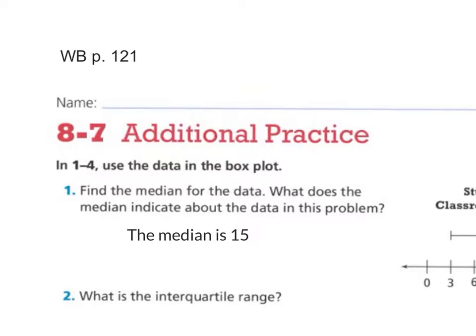When we talk about mean, we call it average a lot of times. With median, we don't necessarily consider it to be an average, but what we could say for median is that it's kind of like a typical value. So we could say the median is 15, which means that maybe, quote unquote, typically